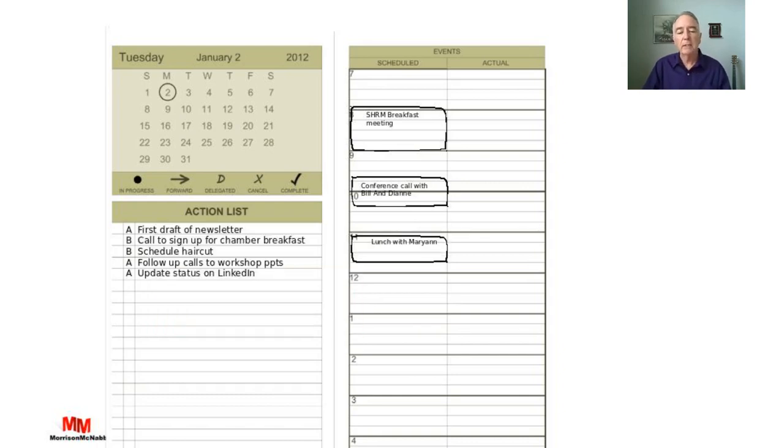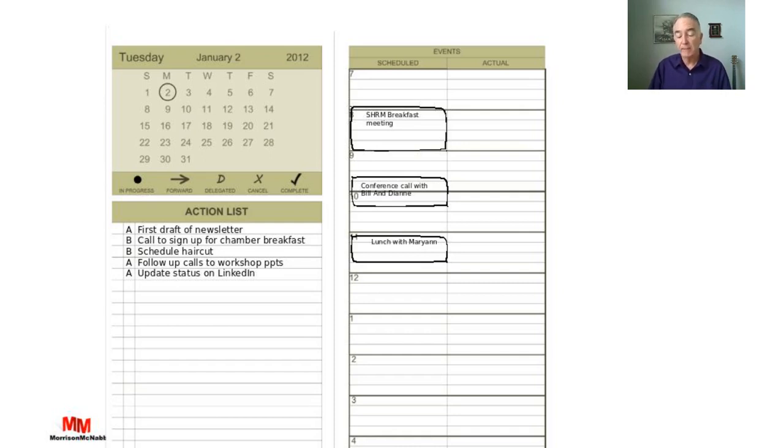The next step then is over here on the left-hand side, the action list. Take anything off of your Sunday page and put on your action list for that particular day, for the day that you're going to do them. And then as you can see here, I've added a priority list here, A's and B's, and you might have some C's as well. Just use that system for that.